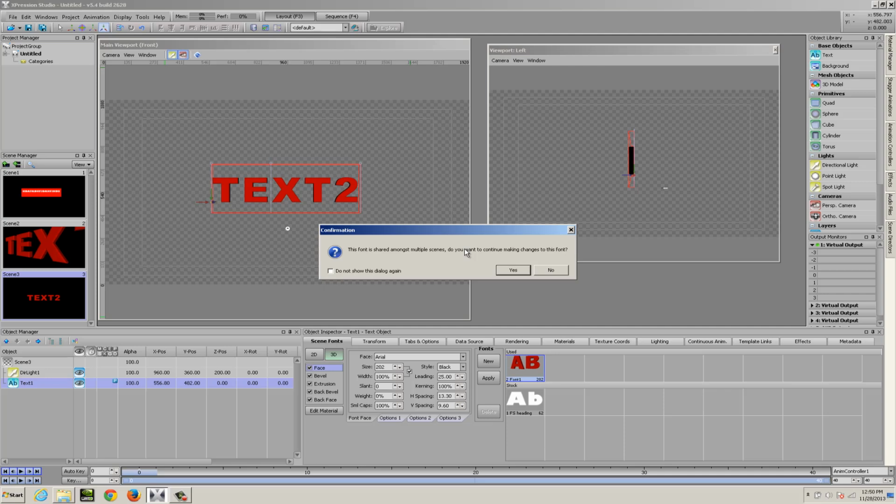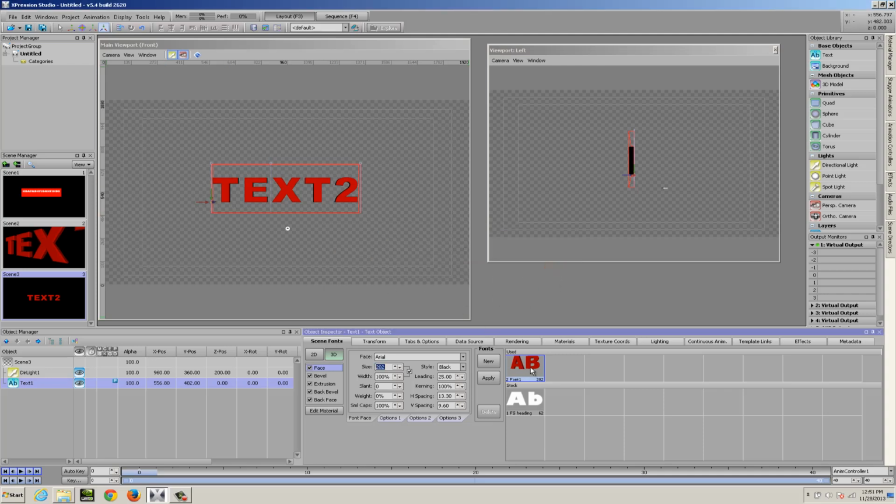So if you want this font to be unique and you don't want it to affect the font in the previous scene, what you'll want to do is create a duplicate. Any font style that you create within your project, you can right-click on it, and there's an option for duplicate. So I'll make a duplicate font, which is called Font 2.